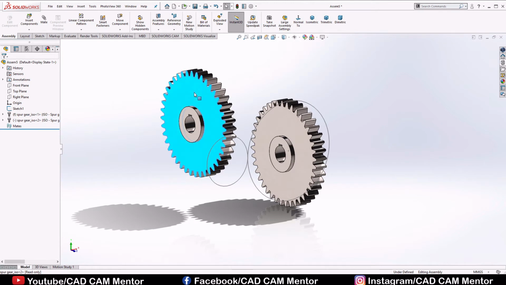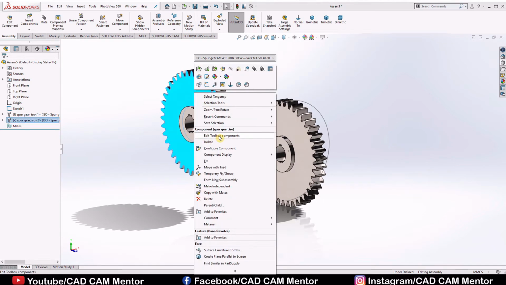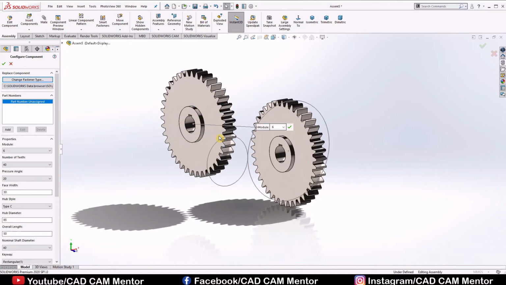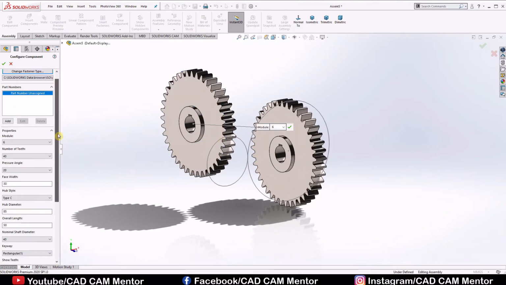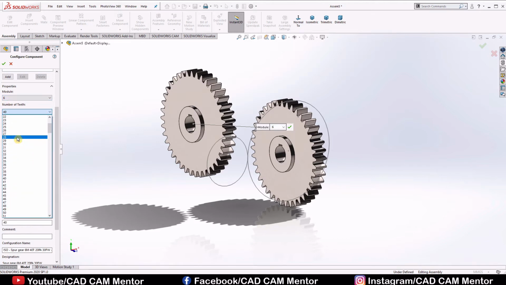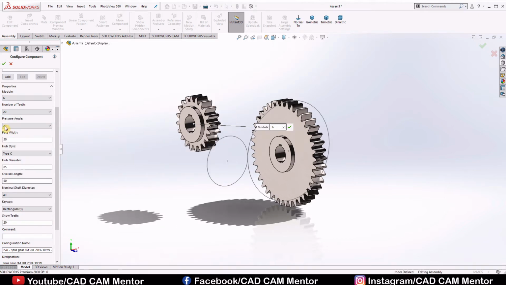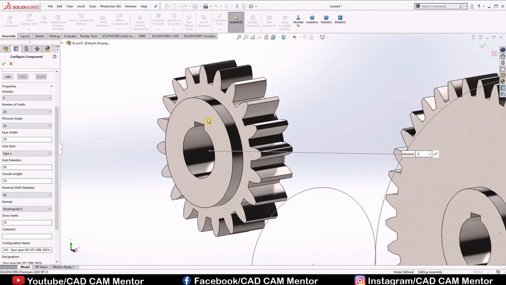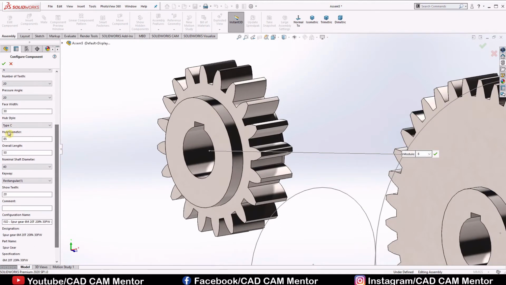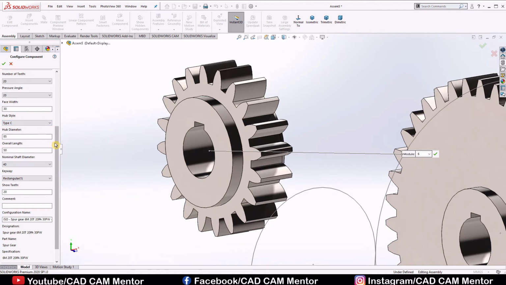Right click on the pinion gear and select edit toolbox component. Again we have to change these values. We keep module 6. Number of teeth we select 20. Pressure angle we keep it 20. Face width we'll keep 30. Hub style we keep it type C hub.